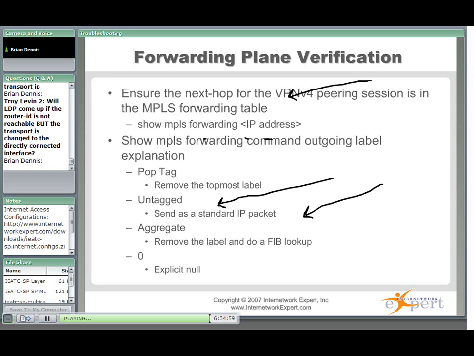Other problems are flat out just misconfiguration. You need to get on there, take a look at what you have configured. Sometimes it's best to pull your configs off, put them in Notepad, and look at them side by side next to the other router's configuration. Let's say if I can't